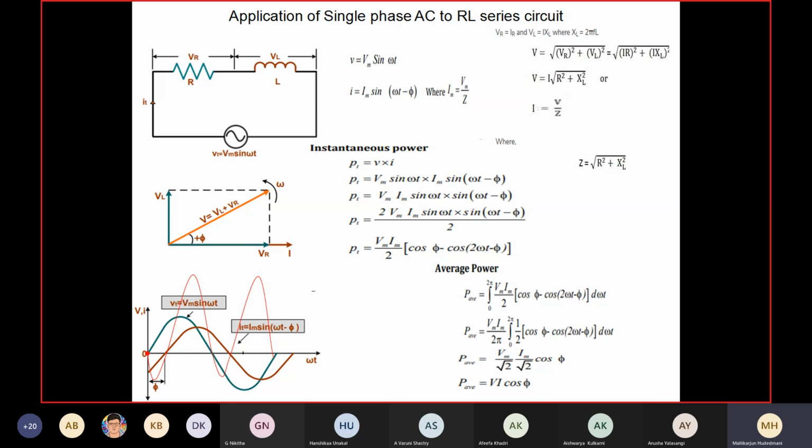Then what was that Z? Impedance. Impedance of the circuit is the obligation, blockage offered by the circuit to the flow of current in AC circuits. That's called Z equal to R square plus XL square under the root. You learned this concept. Therefore, we begin our concept of drawing the vector diagram, obtaining the resultant.